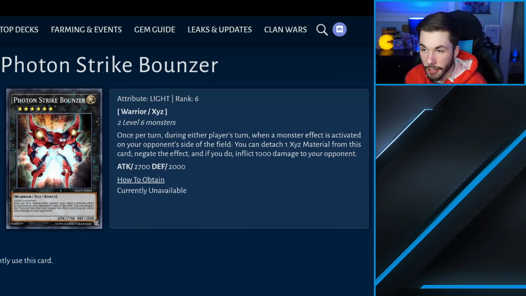For a generic rank 6, this is actually really good. Also, it is a Photon one. I don't know what Photon monsters go to level 6 in order to go for a play like this, but still, it is a generic rank 6 anyways, so you can tech this in a Hazy Flame deck and go to work. And yeah, this card is actually kind of cool, because once per turn during either